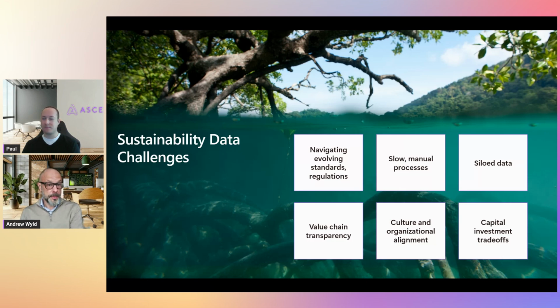The other big problem is value chain transparency. A lot of the data doesn't belong to you. It's not the customer's data. It's third party, especially when we think about scope 3 emissions. Scope 3 typically is our supply chain data. We have to find a way to collate that, bring it in and do the calculations across it as well. And then we need to make sure that when we've got that data, we can align it to our cultural and organizational standards and aspirations as a business. So it's not just about reporting to stakeholders internally, but also reporting out to stakeholders externally, to the markets, etc.